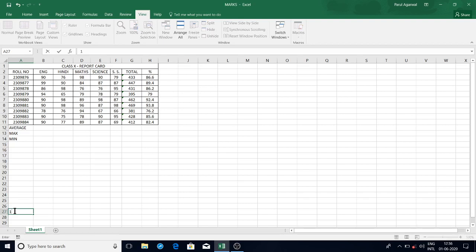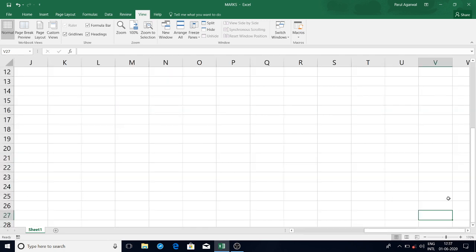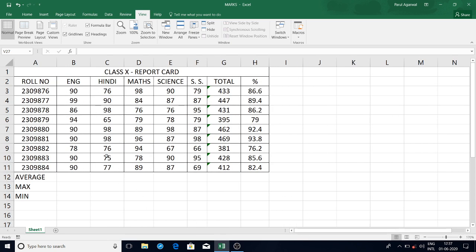Now let's see how to create a macro and execute it. Here we have our table in front of us. Let me make it bigger by zooming. Here you have a table of students where you are given the marks in English, Hindi, Math, Science, SST,